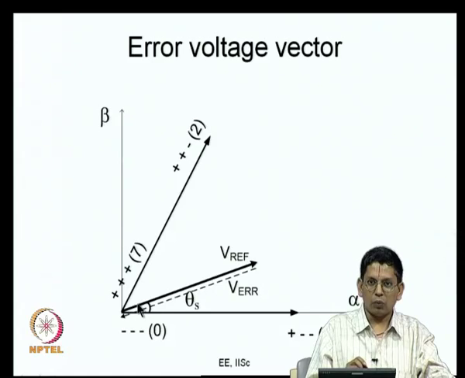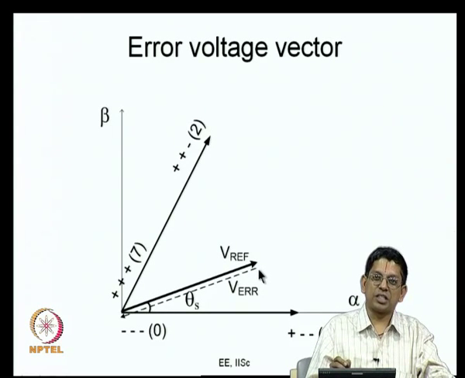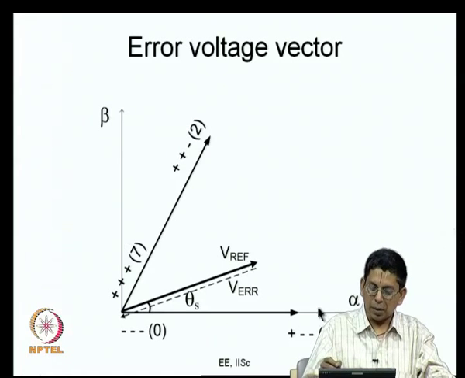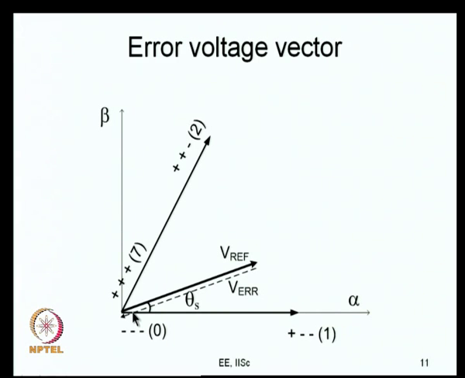So, what do we see? What are we doing? We are producing this VREF vector in an average sense. We are doing it in an average sense by applying this for a certain time t1 and this for a certain time t2 and this for a certain time tz. So, there is a difference between what you apply and what you want. Now, what I want is VREF, but what I apply is the null vector. That is the particular example that I am considering. What I am applying is the null vector and therefore, there is an error vector. What is that error vector? The error vector is the applied vector minus the desired vector, which is minus the VREF vector.